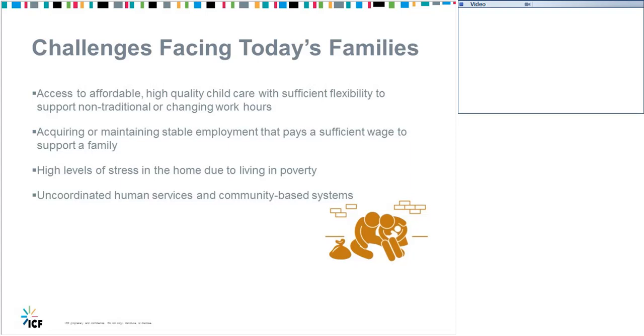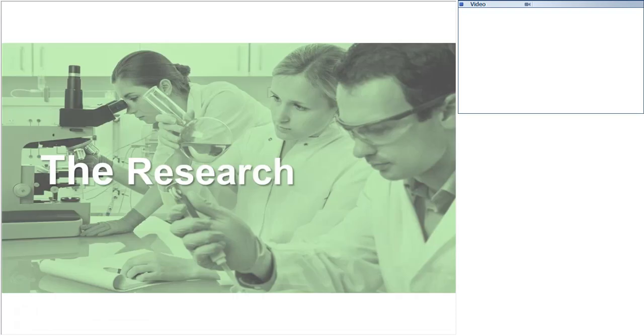So these challenges really speak to a need to engage families in a two-generation model. And coupled with challenges facing opportunity youth, we are seeing that the two-gen model is really an effective strategy to engage opportunity youth, not only those with children, but those without children, to engage their parents. So with that, I will turn it over to Courtney.